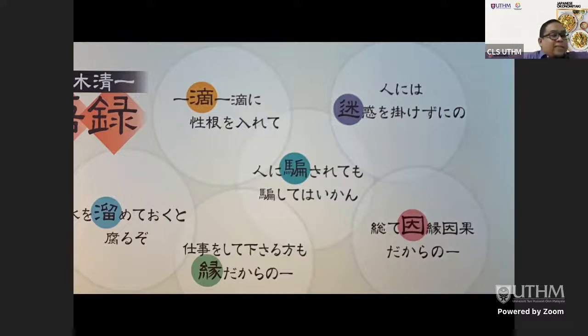On the left hand side there, don't make people feel lost, and don't divert people's minds from your products; tell the truth. So this is one thing. But the one in the middle is very interesting: let people cheat you, but don't cheat people. This is a very profound concept.